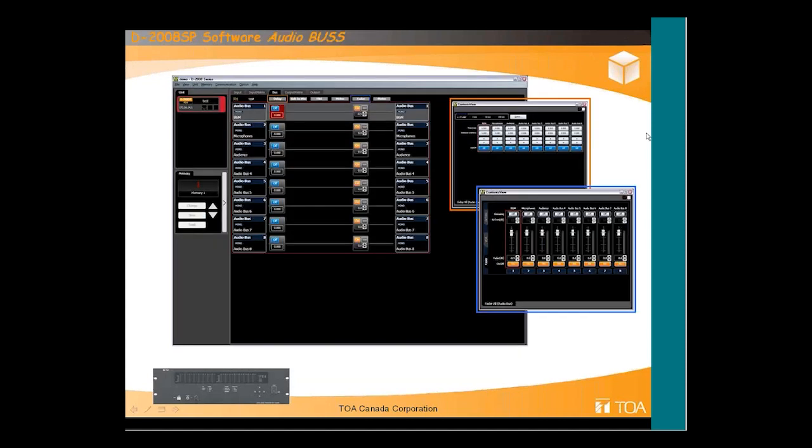Next, we'll take a look at the audio bus, and this is the bus where the inputs and the outputs interact. And we have delay capabilities so that we can delay signals on and off the bus. This could be used for setting up different timings into large areas where the audio sources need to arrive at the same time, but certain signals have to be delayed so that they're perceived to arrive at the same time